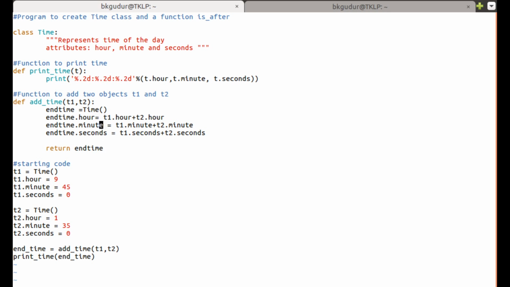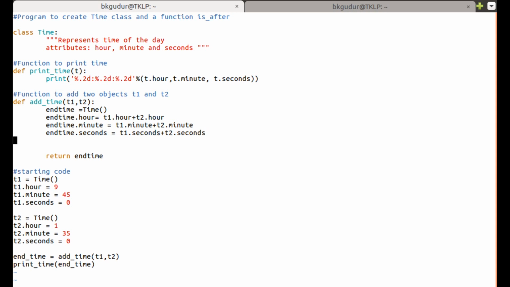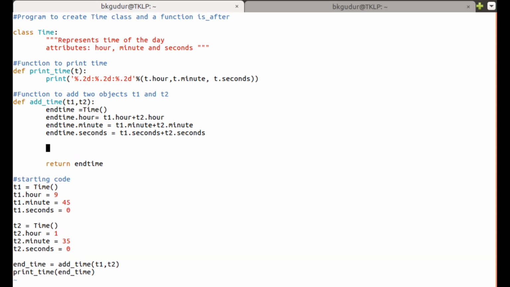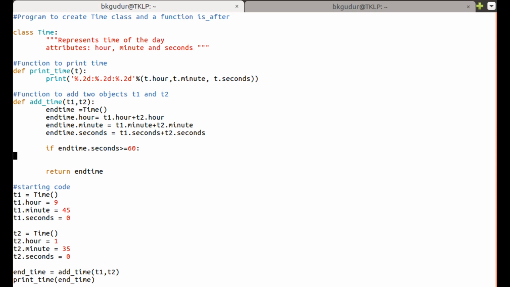Before we end here, what we do here: if end time dot seconds is greater than or equal to 60, then end time dot seconds minus equal to, means we are going to subtract 60 from that. Okay.